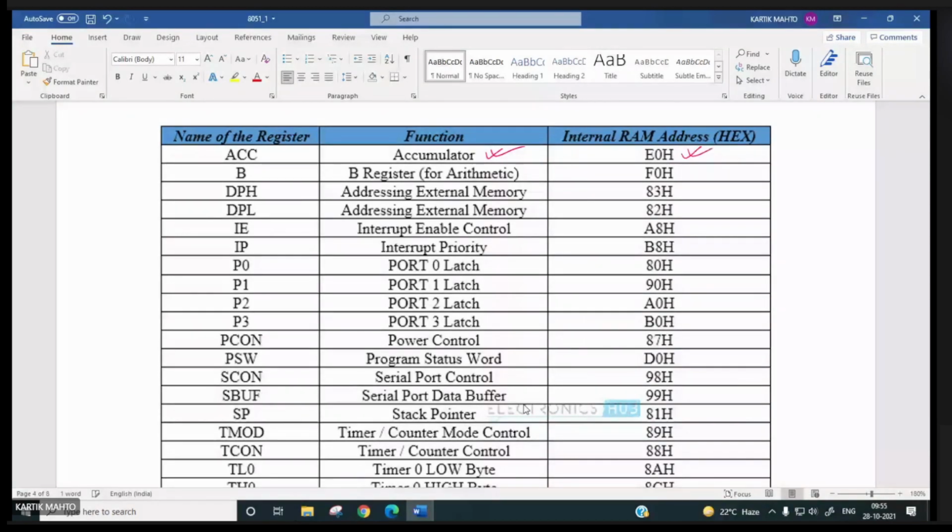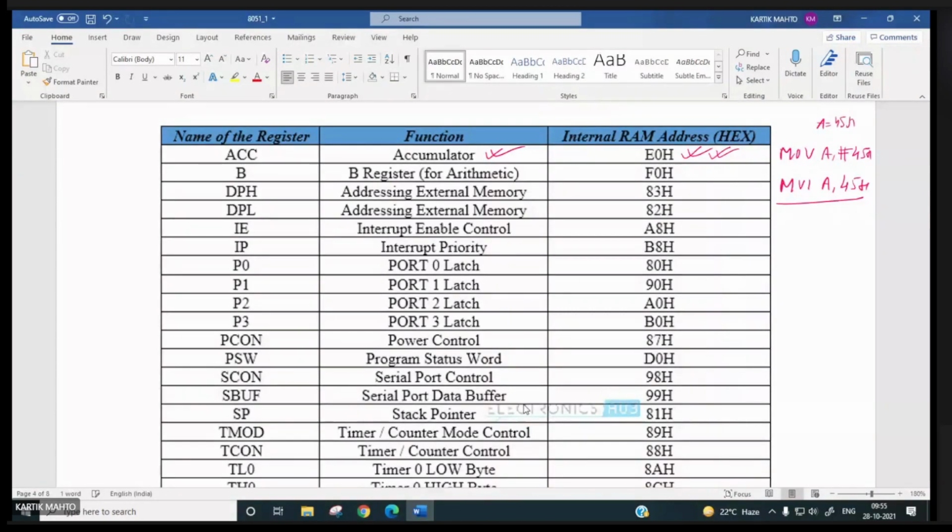So either you can use the accumulator as byte addressable, or directly you can give its name: MOV A, #45H. What exactly is it going to do? It is similar to MVI A, 45H. It is immediate addressing. So A will be equal to 45H.